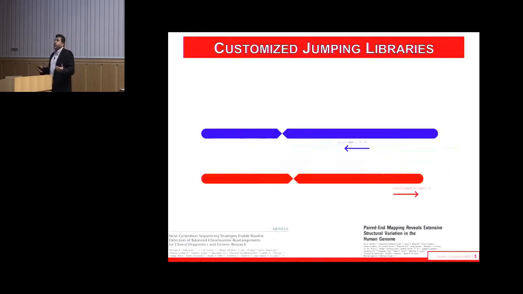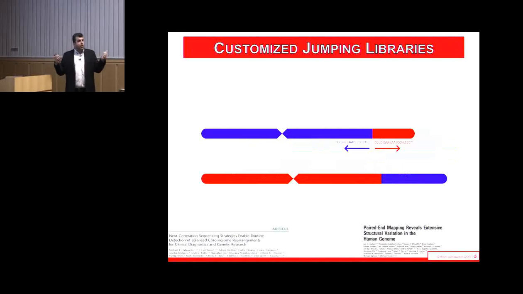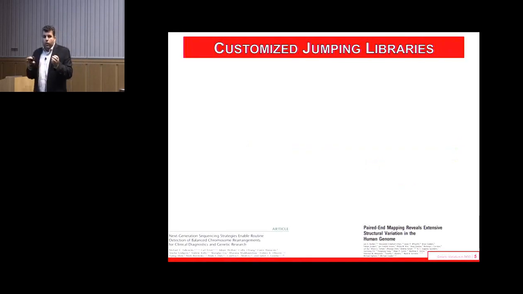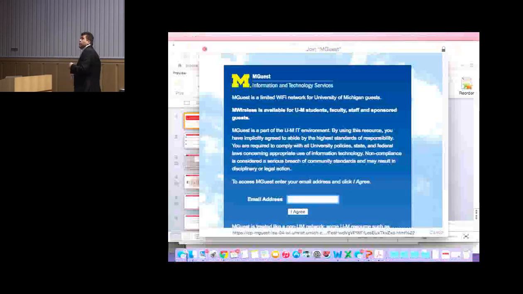If we have a translocation or a rearrangement, we're then getting reads on each end of the fragment, and we've now narrowed a rearrangement down to the size of the insert. Depending on the coverage that we have, we can narrow it even further. The reason I have gravitated towards this method: you can't get point mutations, and it's not very good for determining a lot of the genetic architecture of disease, but you can go very deep in coverage of the genome by using the spatial relationship between the reads rather than relying on the actual nucleotide coverage.